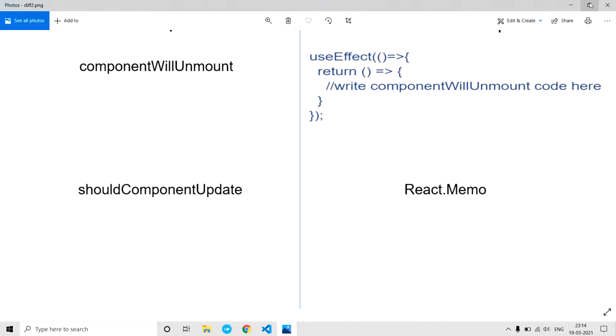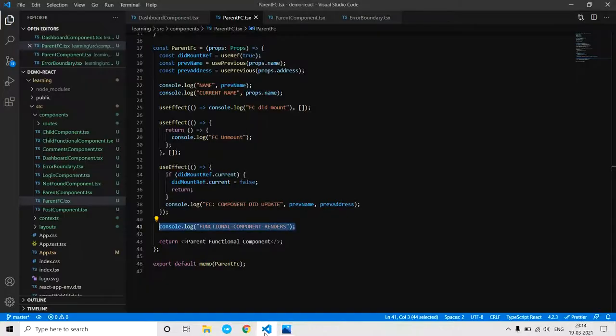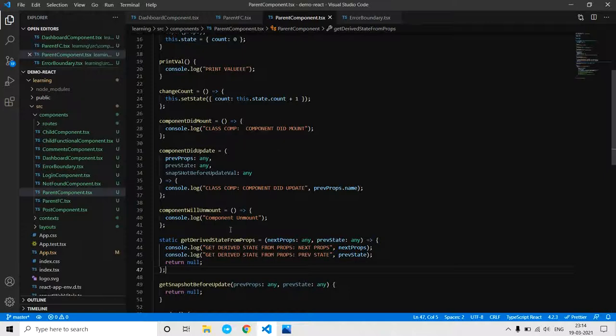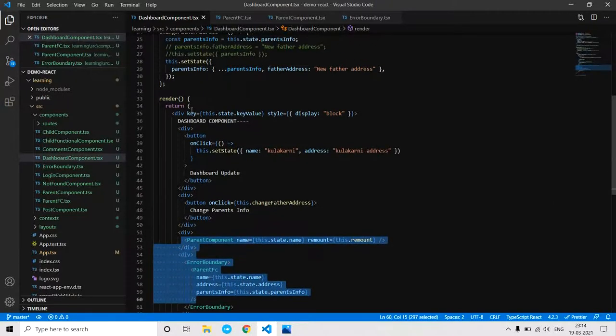Again, these two are differences for lifecycle methods. One is componentWillUnmount. This can be achieved using the useEffect hook again, but it has to return a function. The useEffect hook should return a function. So I'll quickly show you. This is a useEffect hook and this is my return function, and in the class component I just have componentWillUnmount. I'm remounting these two components by changing the key value here.